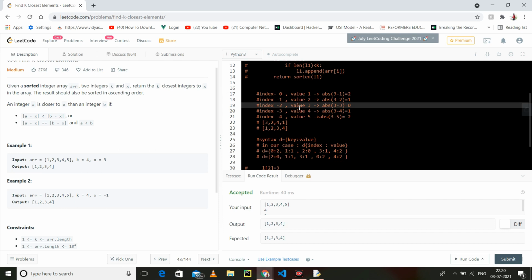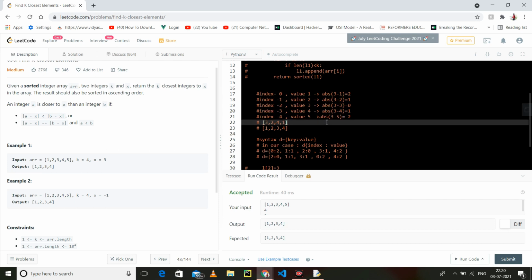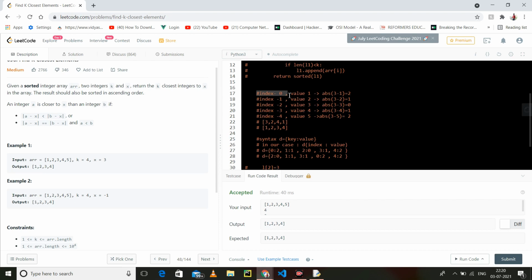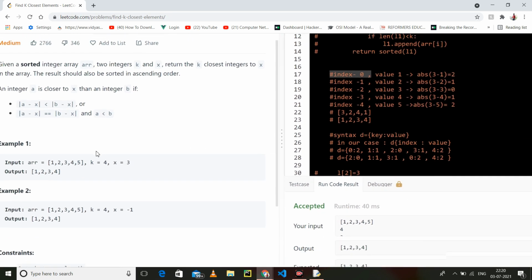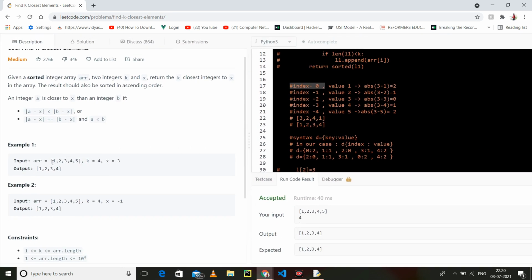So what we will do first here, I have written the complete logic here. If I take this example, our index 0 value is 1, 3 minus 1 is 2, index 1 value 2, 3 minus 2 is 1, and similarly this is the fourth index.